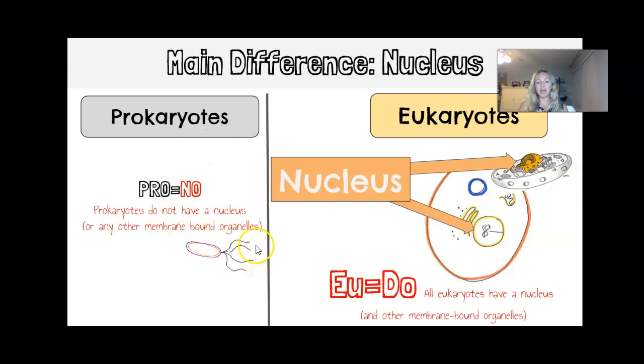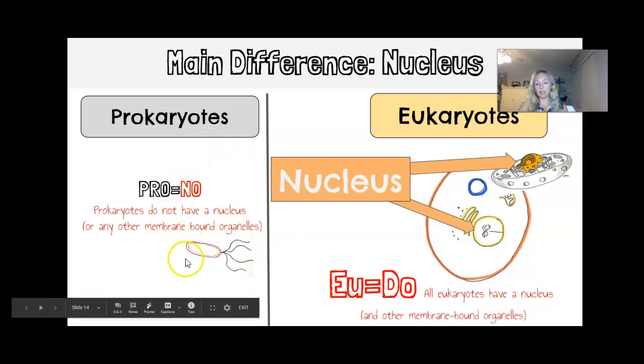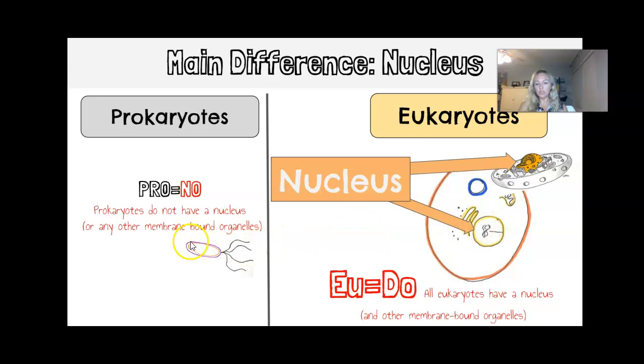Prokaryotes do not have a nucleus. They're very, very tiny. They don't really have a lot of room. So the DNA that you see inside this nucleus here is just kind of floating around inside the cytoplasm of this cell. So pro is prokaryotes,